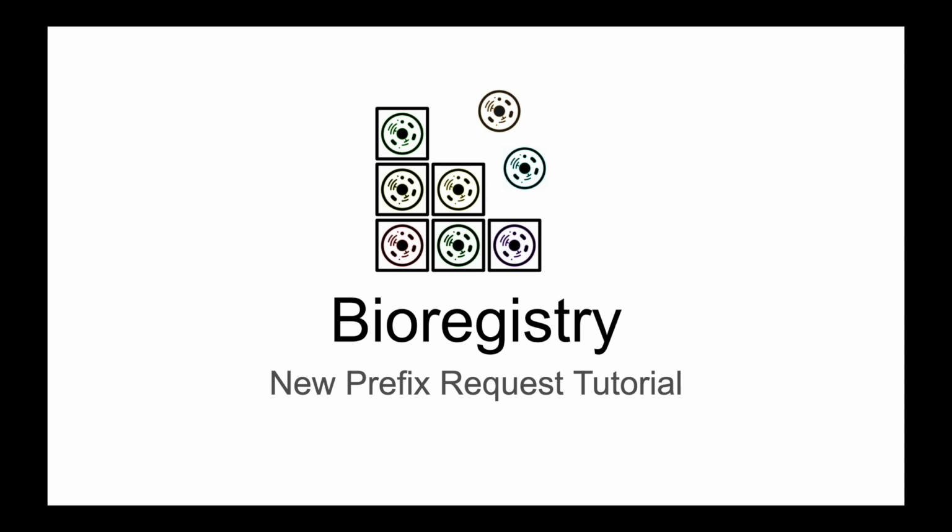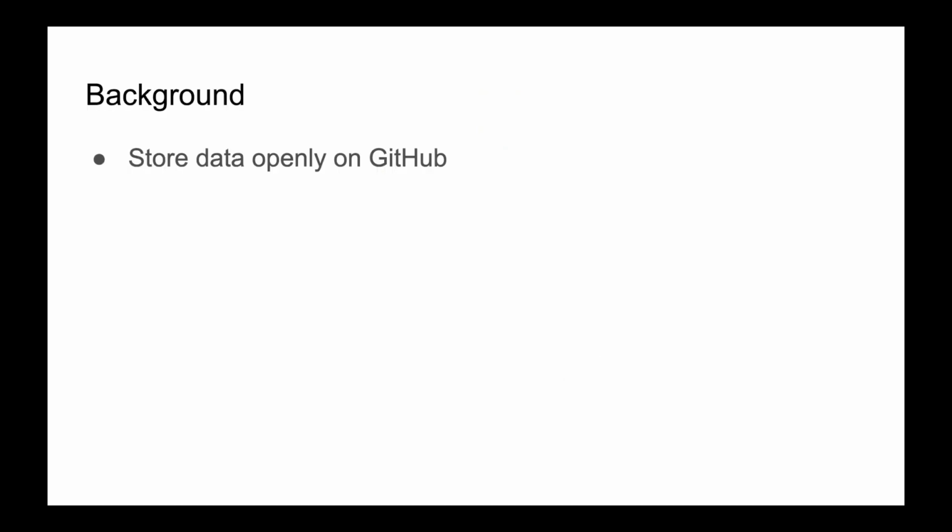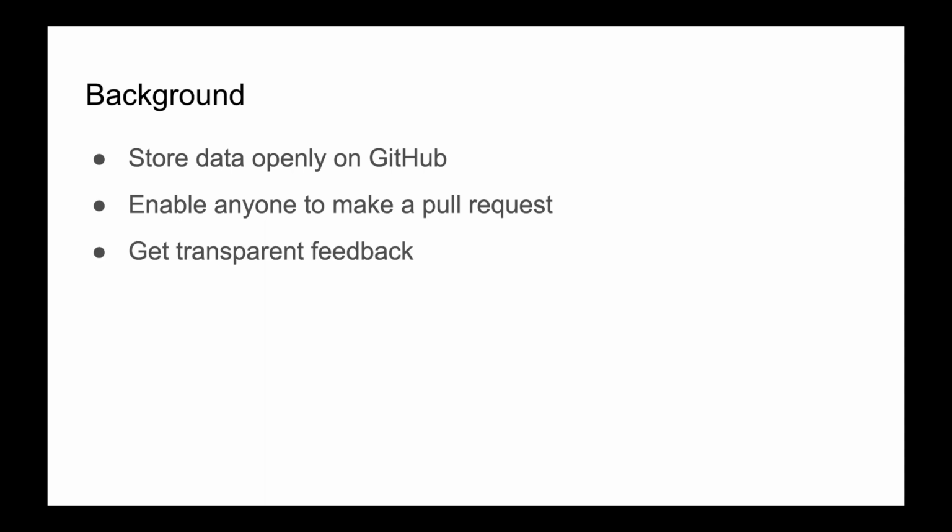So welcome to a short tutorial on how to request a prefix in the Bioregistry. The Bioregistry's database lives in a JSON file on its associated GitHub repository. This means that anybody can fork the repository, make an edit, and create a pull request to get their changes merged in. A pull request is a great opportunity to solicit feedback from potential stakeholders, the wider community, and ultimately